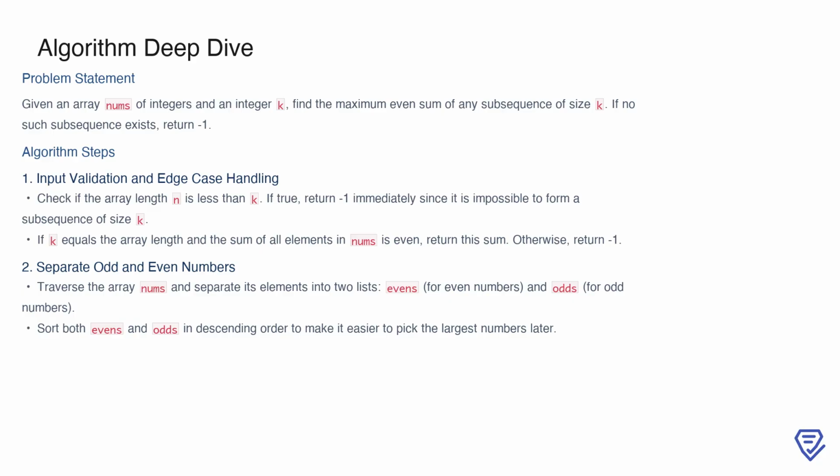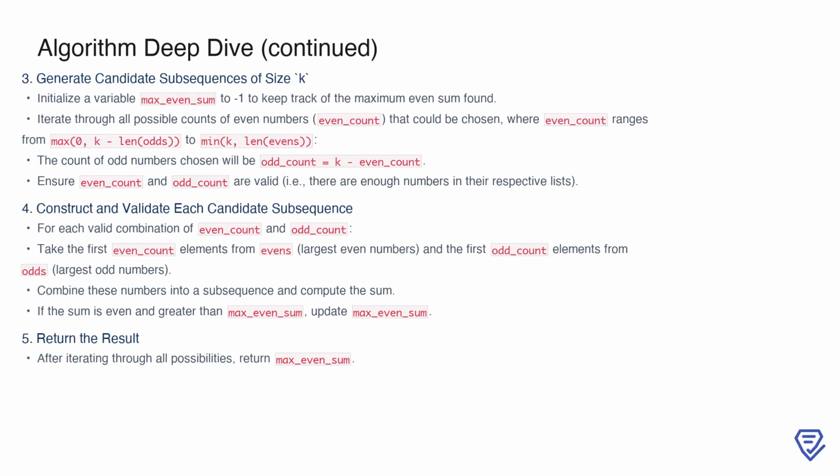Next, we separate the numbers in nums into two lists, one for even numbers and another for odd numbers. This separation helps us handle the even sum property later. Sorting both lists in descending order allows us to easily pick the largest numbers, which is critical for maximizing the sum. To generate candidate subsequences of size k, we initialize a variable max_even_sum to -1, which will store the largest